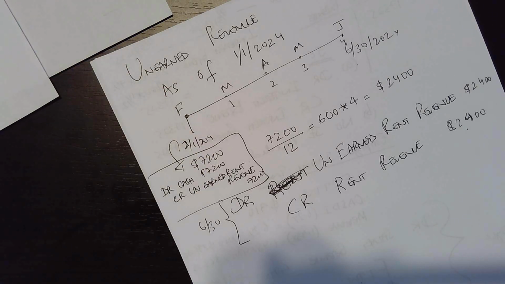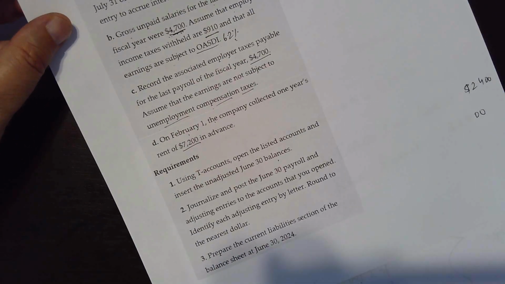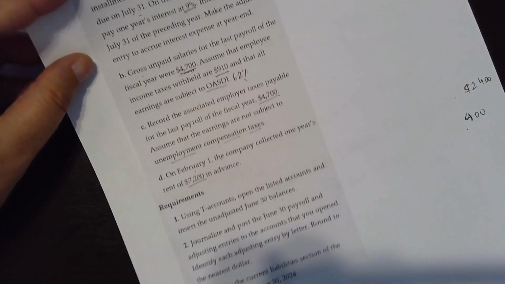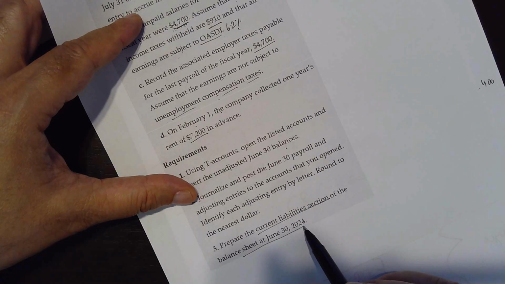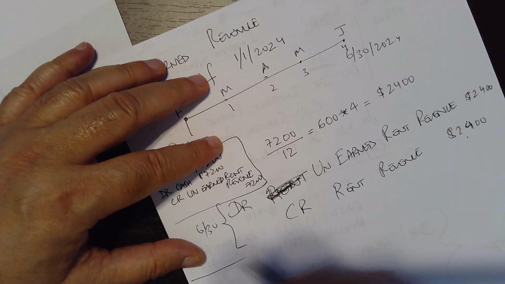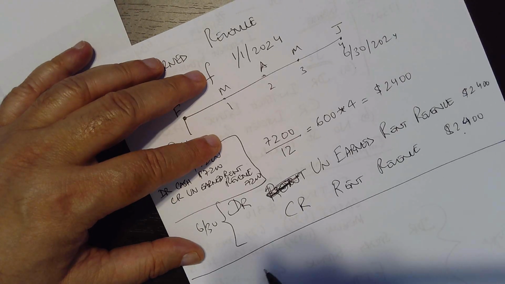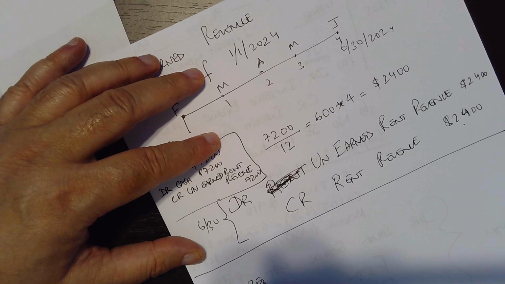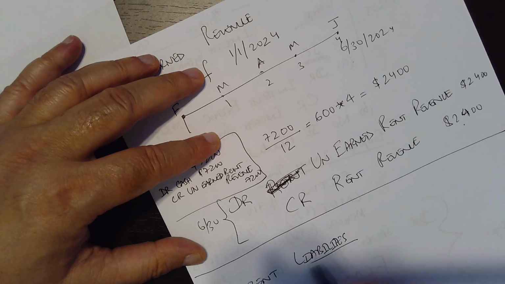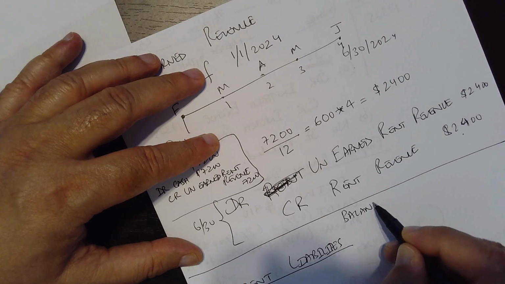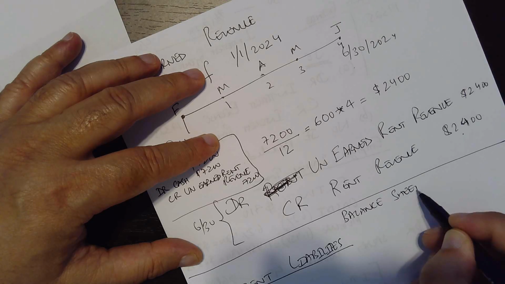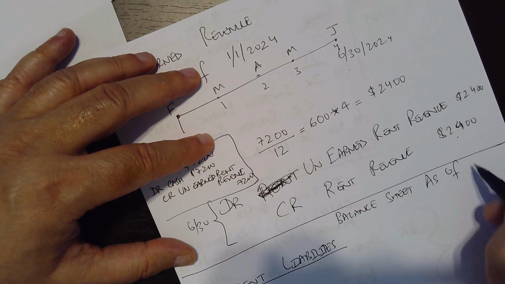All right, so now let's see what is the next requirement that we have to do. It says prepare the current liability section of the balance sheet as of June. So here we're going to do that. So we're going to say current liabilities and this is part of the balance sheet. So here you go, balance sheet as of June 30th